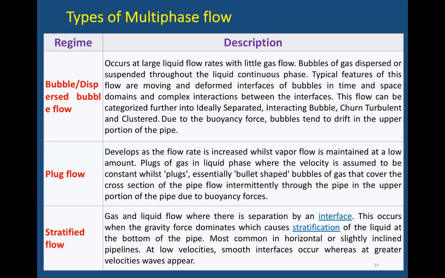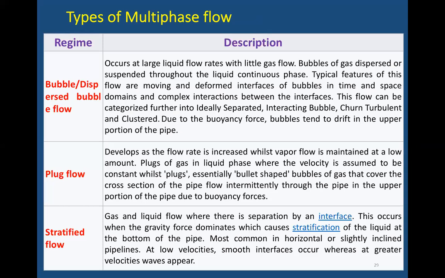So now today we'll see how multiphase flow can also affect the corrosion. Before going to multiphase flow corrosion, we should understand what the different types of multiphase flow are. Multiphase flow means when you have more than one phase, like oil and water and gas flowing in a pipeline, then that flow can be called multiphase flow.